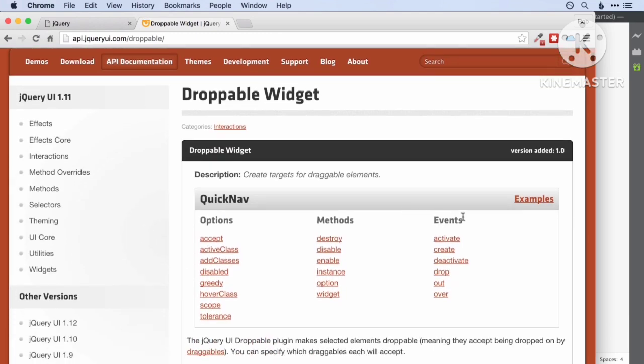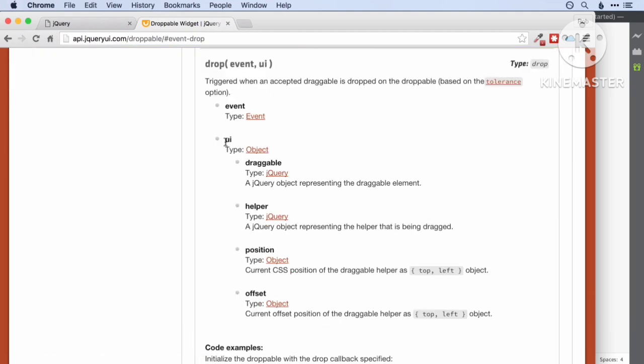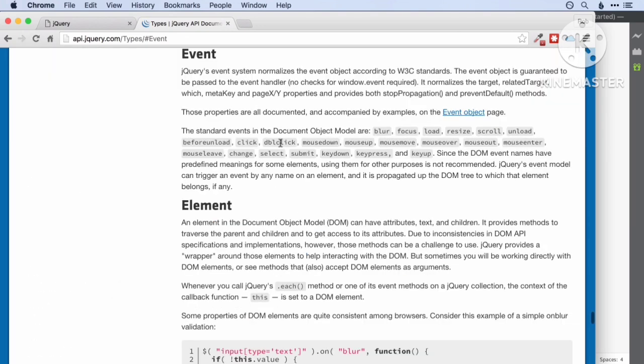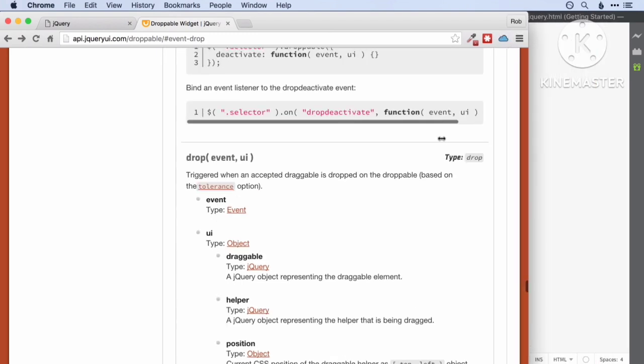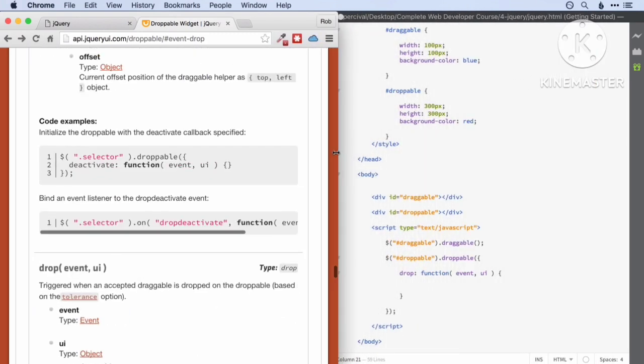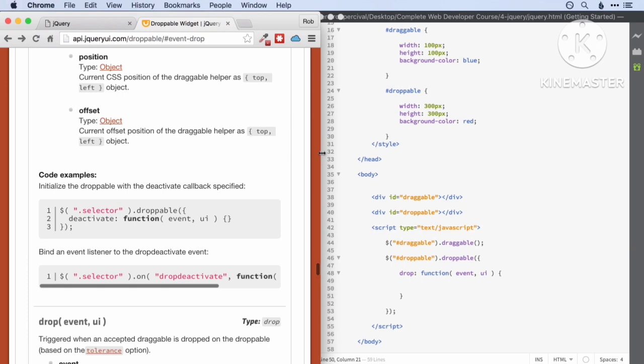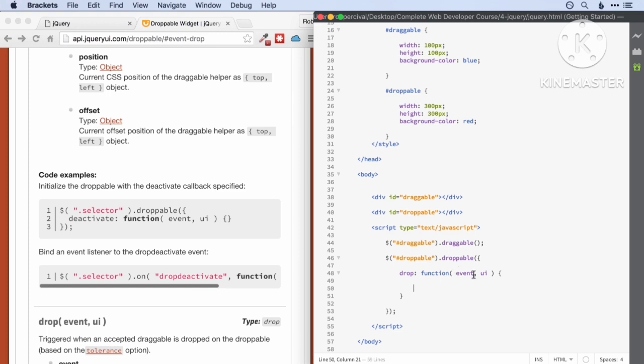So we're working with an event here, and the event that we're working with is drop. And you can see here we've got event, and this will tell you what type of event has happened. Now the event, as we can see in the documentation here, is something like blur, focus, load, resize, etc. Now we've got a click option here, which may be what returns in this case, but what we're really doing is unclicking. We're lifting up our mouse to drop the object. So we'll have a look in a minute and see what event is actually returned, but that's not particularly important